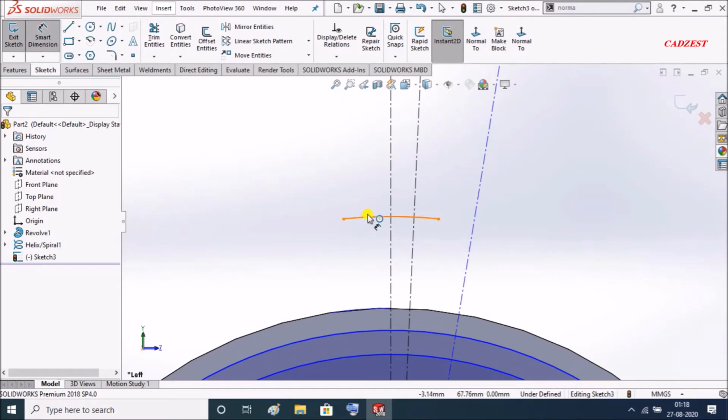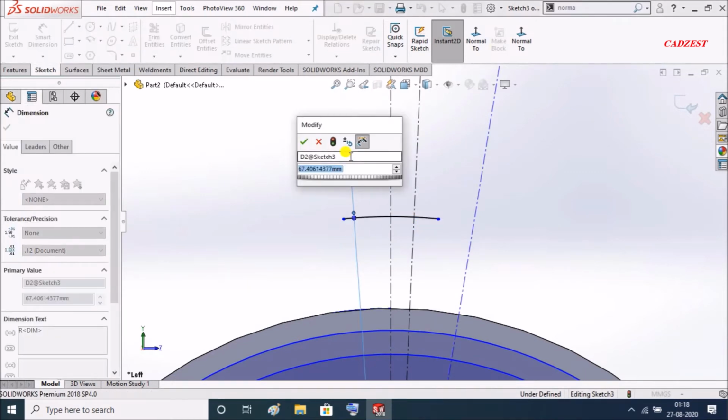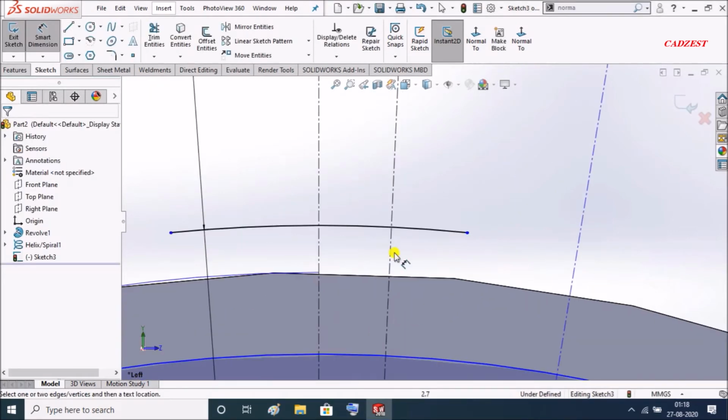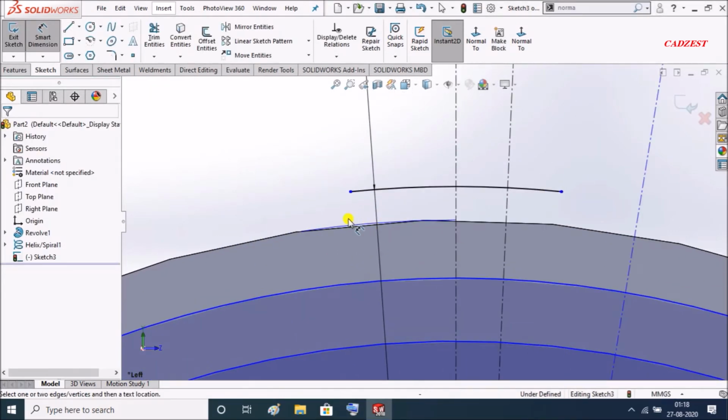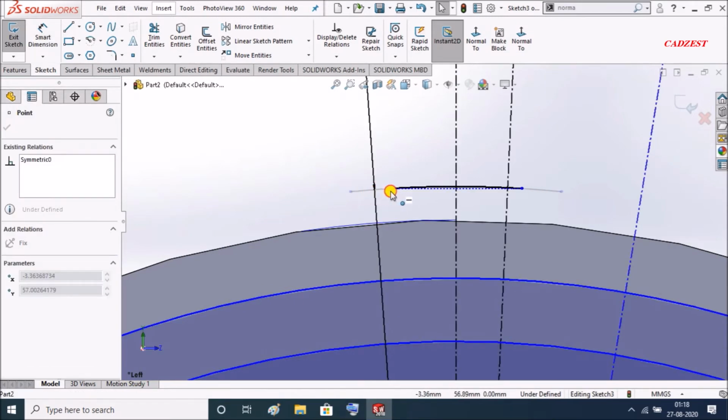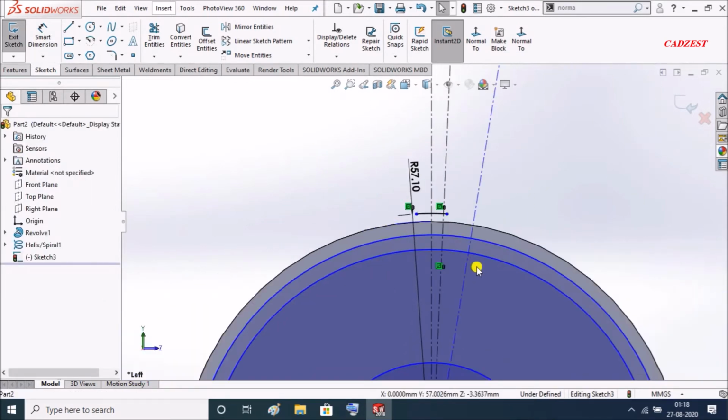I'll give radius to this, which will be 57.1018. Drag it a little inside.